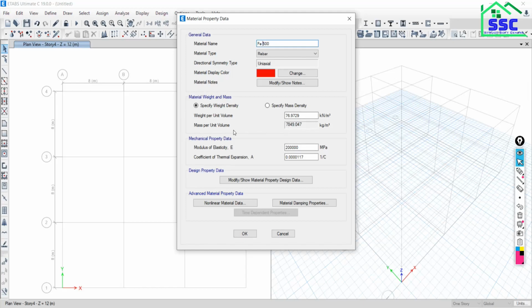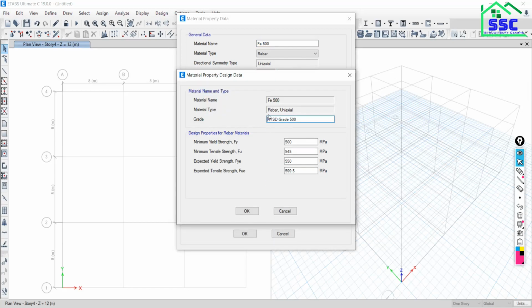Now the density of the steel is 7850, and in kilonewton units it is here. And modulus of elasticity is 2000. Go to modify. When you go to modify, this is the yield strength, this is the ultimate strength. So stress strain diagram, it may be in your knowledge. This is the strain.